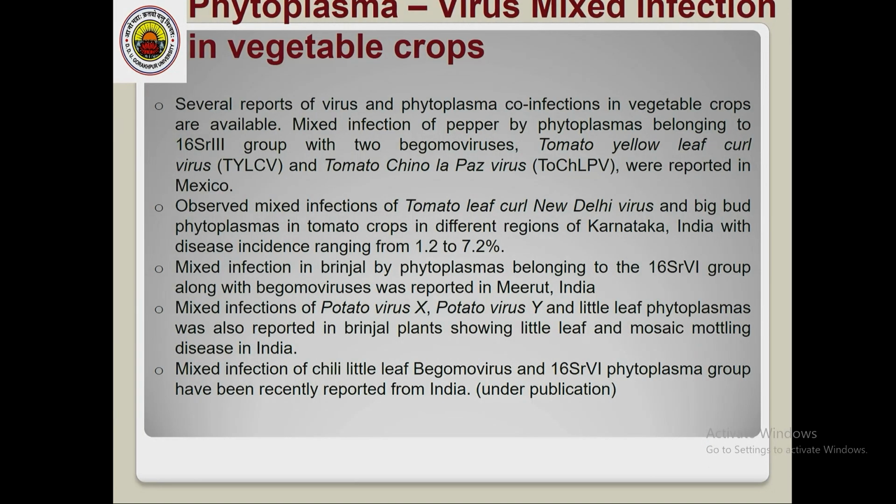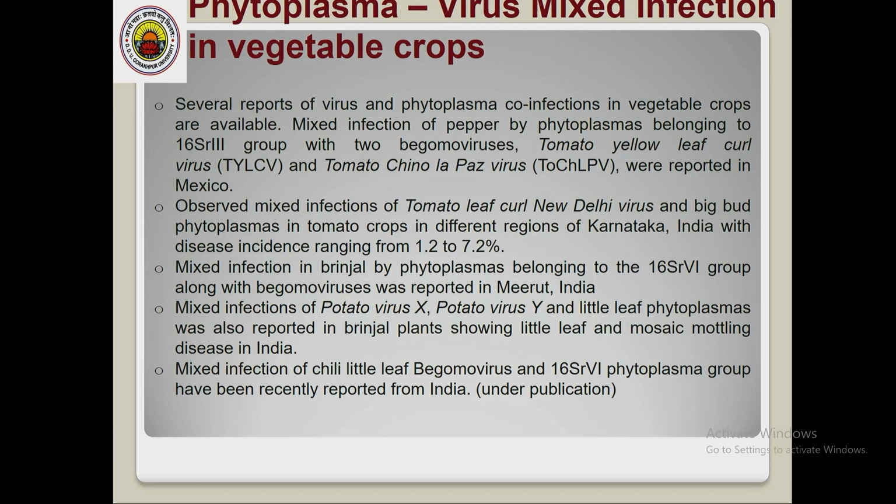Now, phytoplasma and virus mixed infection in vegetable crops. I have quoted here, just for information, that some mixed infections are also reported on vegetable crops. Common examples are on the tomato crop, where several reports of virus and phytoplasma co-infection exist, that is